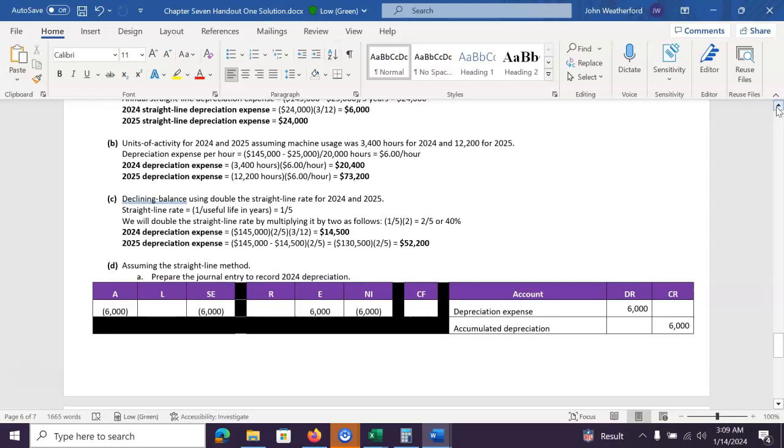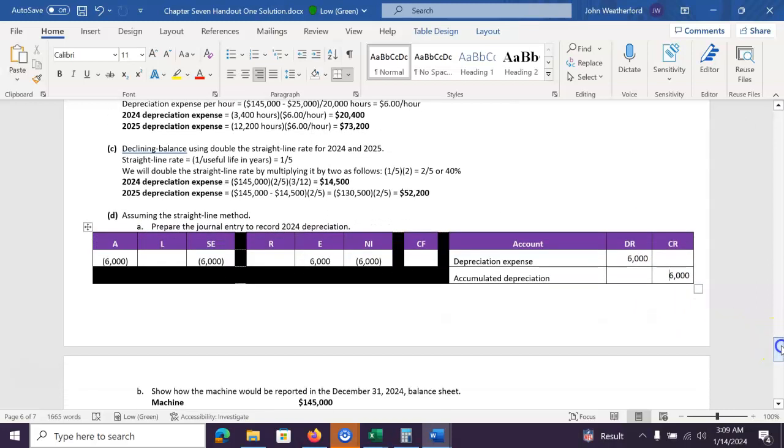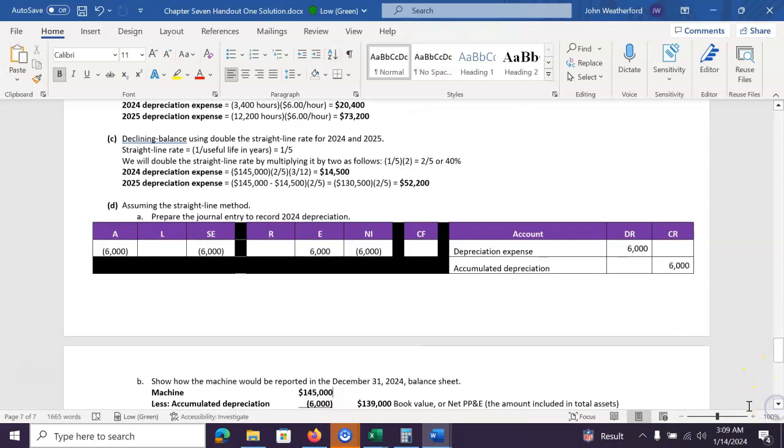What we're really subtracting is the accumulated depreciation, which here was $6,000. So we'll show it on the balance sheet at its full cost, $145,000, minus its accumulated depreciation, so far $6,000, leaving us with a book value of the difference,